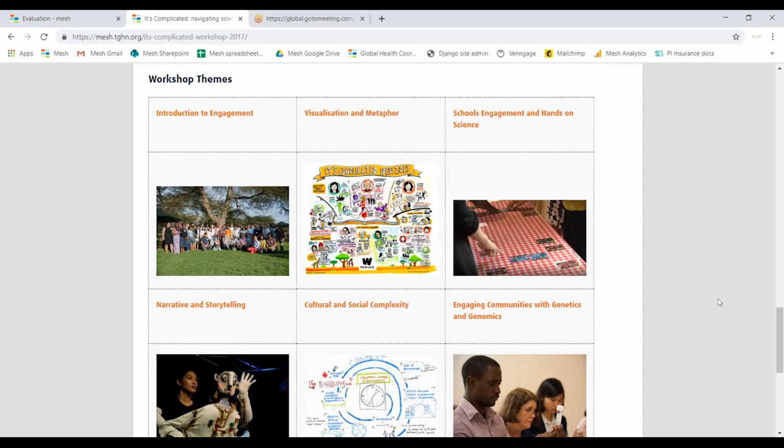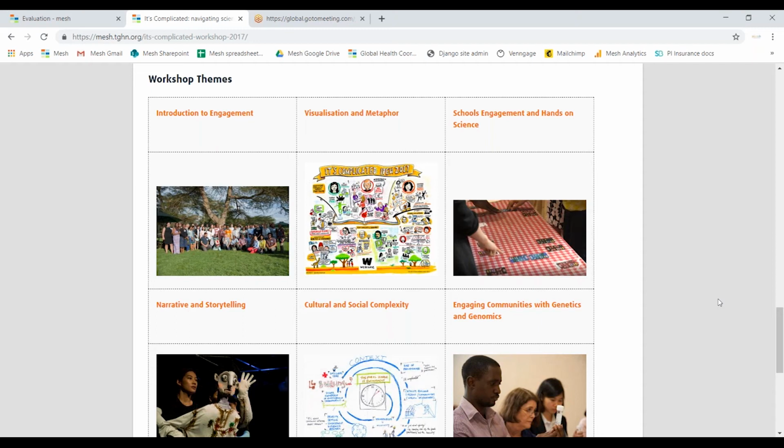We're now on the screen, which is showing some resources from a past meeting. So you can see here that under the workshop that happened, there were all these different themes discussed, and there are articles, resources and presentations all under these different areas. Again, they're all in the resource library, so you would also find them if you were looking that way.